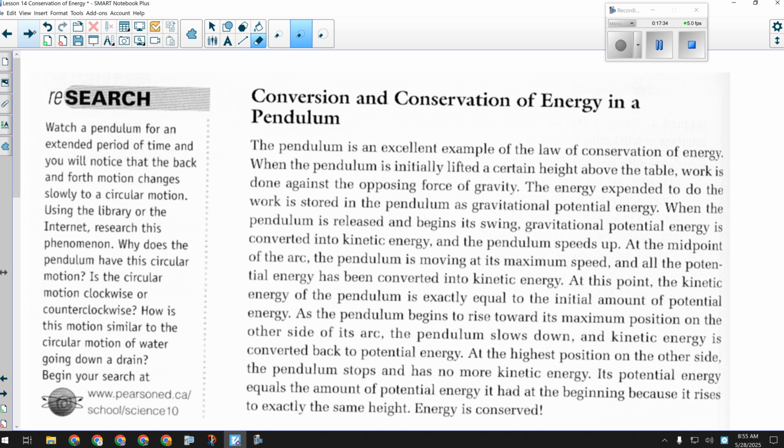So in this situation here, the pendulum's not swinging. Does it have any kinetic energy here? If I pull it out to here, have I done work? Is there now energy in the system? If I let it go, what's going to happen? As it's swinging, what is it doing to the potential energy that I gave it?